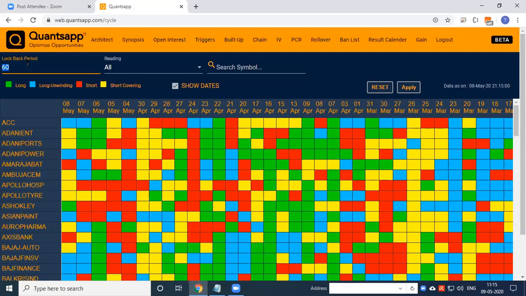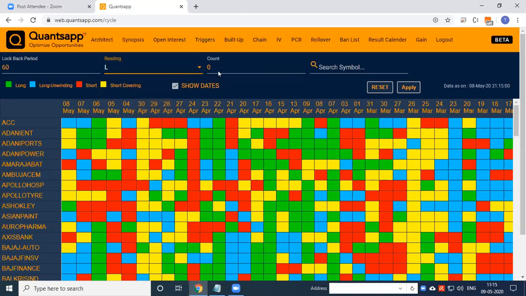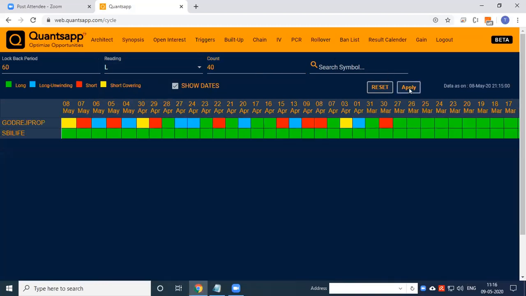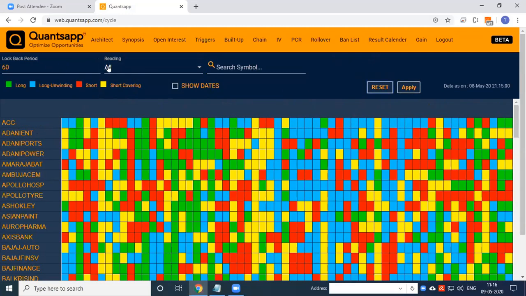the past dates. So if I say in the past 60 days, I'm looking out for the reading of longs where there is more than say 40 trades. Okay. So you see SBI Life was a new introduction, so I will ignore that part, but not much we are seeing. Okay. So if I say again, the last 60 period, if I want to see the stocks which are on the short side with a count of more than 40,